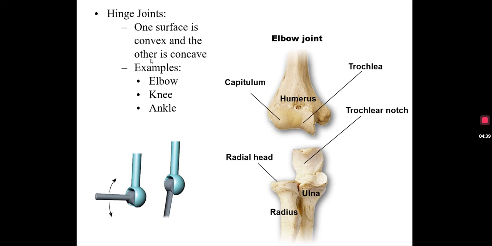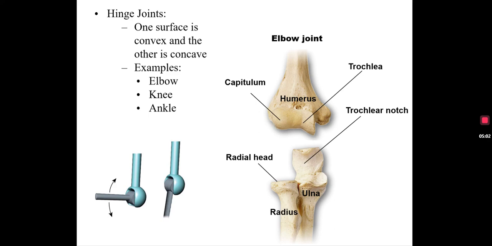Right? Some easy examples would be the elbow. So we could see here, this is the condyle of the elbow right here. This would be the capitulum. That's going to meet the radius. And then this would be the trochlea. And that's going to meet the trochlear notch of the ulna. When these two fit on here, we're able to bend the elbow, right? Close the elbow,